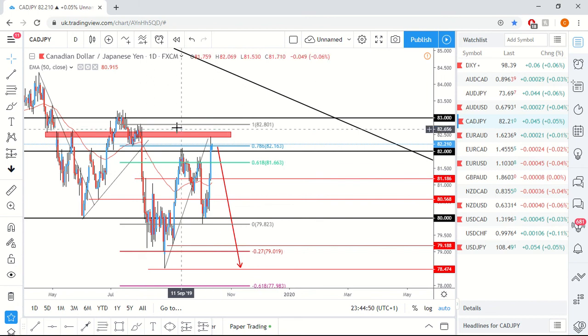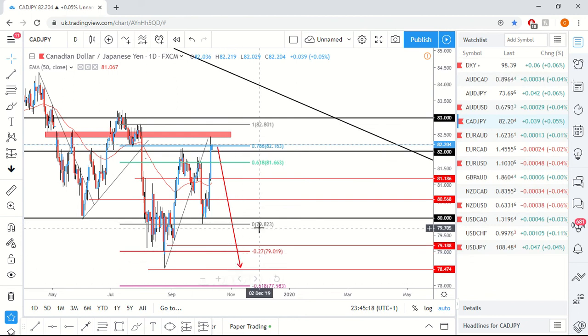So now what I'm looking for is we do have this Fibonacci that we can plot. It's not the cleanest Fibonacci. I'd rather go from the high here. However, we can still have it valid as it is part of the move. So what we see here is a rejection of this liquidity area or this golden pocket region. We had this rejection of the liquidity area, and price is still in the 0.786 Fibonacci. With this, what we can see is price fall from here down to our minus 0.27 fib level.